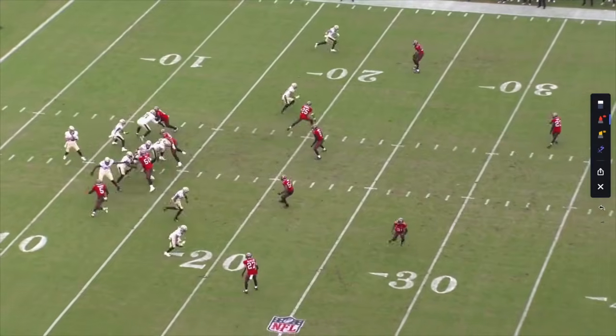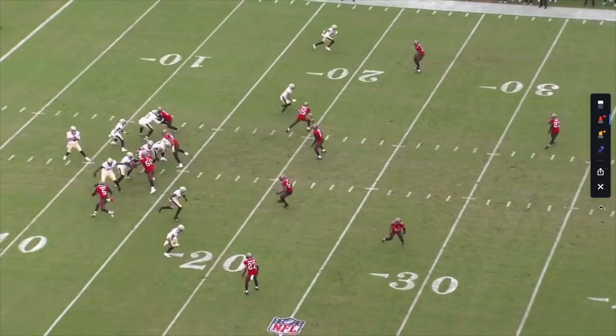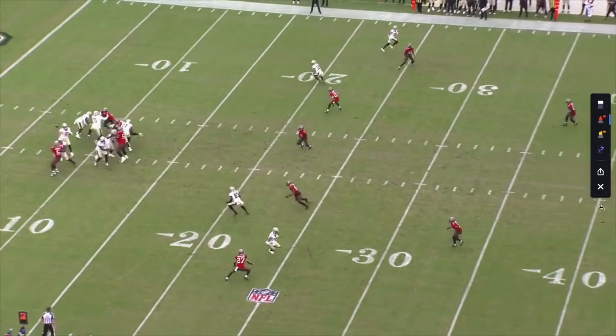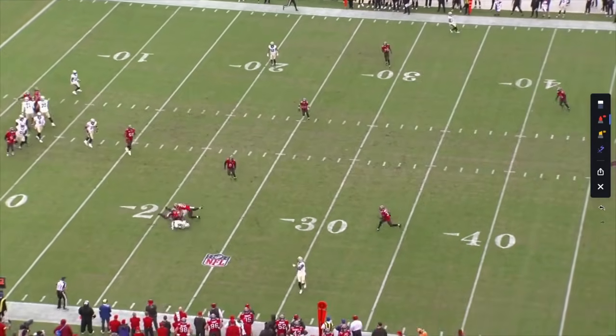Again, you love this stuff. Come back, knows where he wants to go, knows what he's looking at. Got a little choice route right here. And he comes back, and again, hit the back foot, quick hitch, ball's out. And again, I'm not saying these are tough reads, what we're seeing here, but the first part of the process for any quarterback is to know where you're looking and to be ready to get the ball out of your hands accurately to your playmakers when there's a window, because windows aren't there for long in the NFL, so you've got to know what you're doing